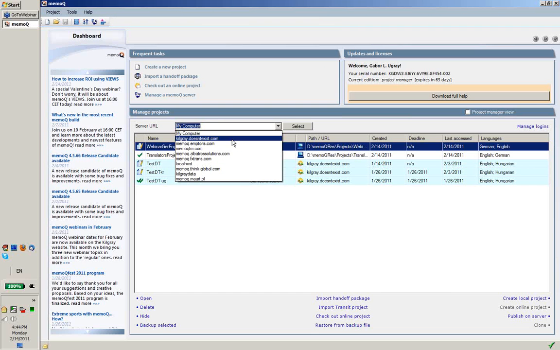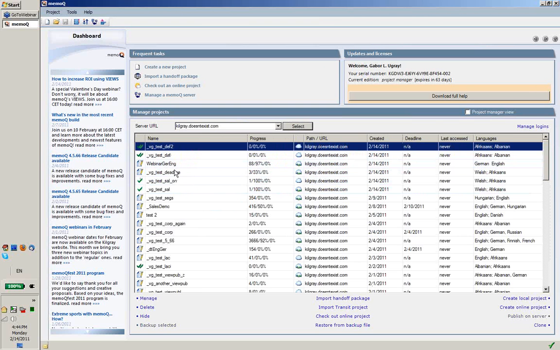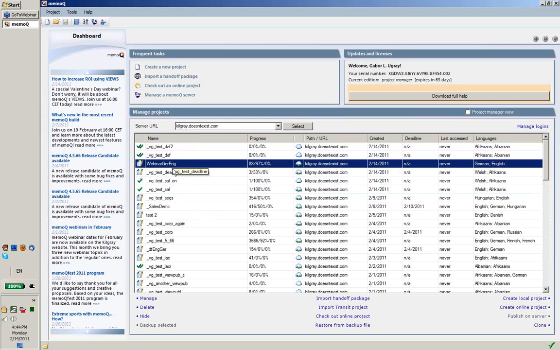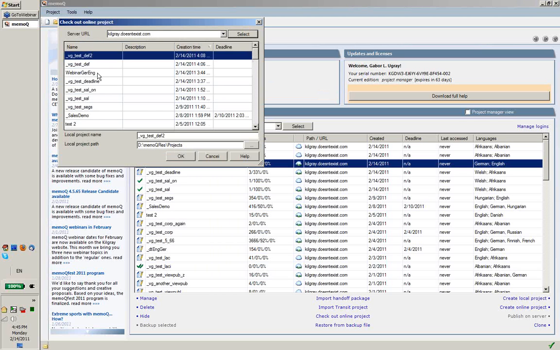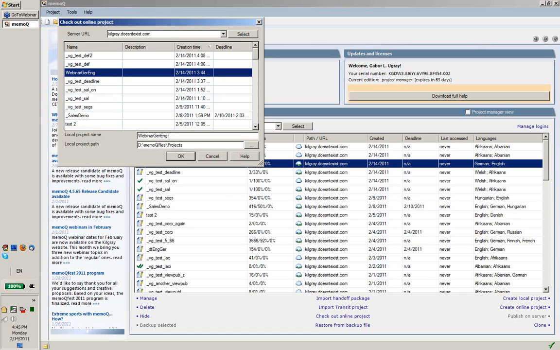I can go into the project manager view, and I can see that this is the online project that MemoQ created for me. What I'm going to do now, before going into the manager interface of this project, is check out the copy as a translator would to start working in this project. So I choose check out an online project. I'm picking this project to check out. Check out. I'm checking it out as the admin user for the time being,